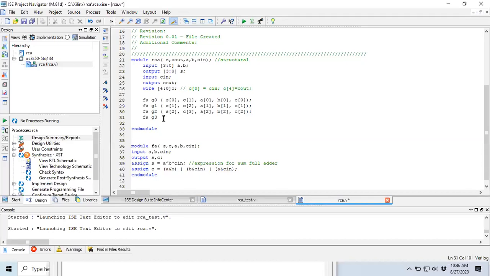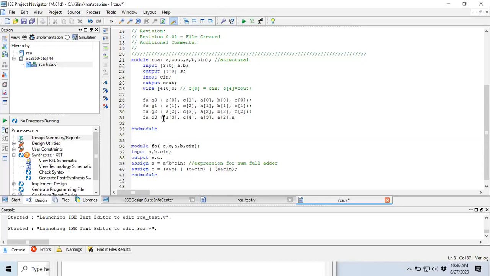And the fourth one, so it is S of 3. Here I can write either C of 4 or I can write C out. It is our choice. C of 4. This is A of 3. Again, this is B of 3.